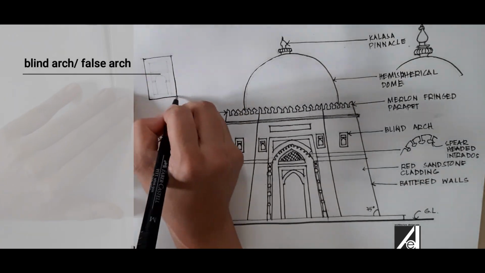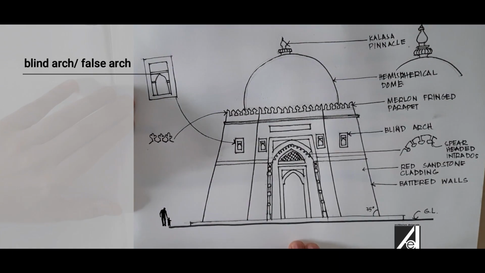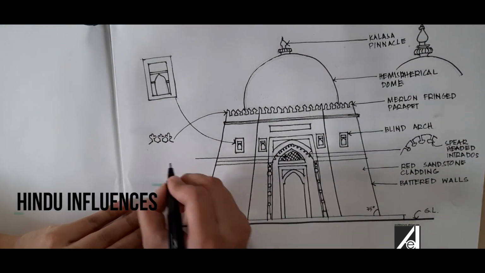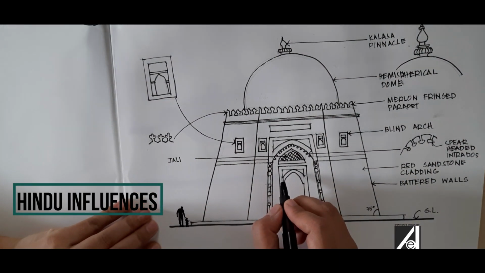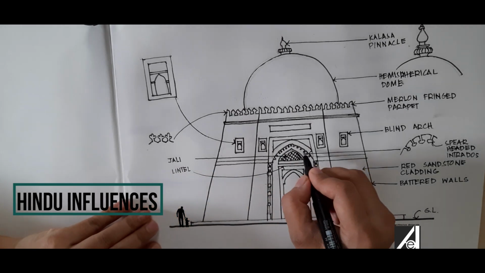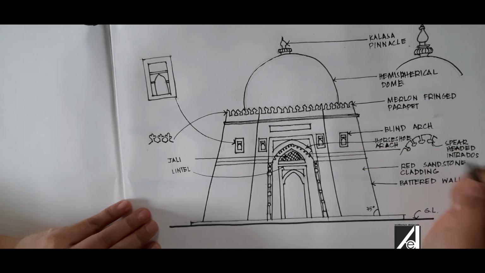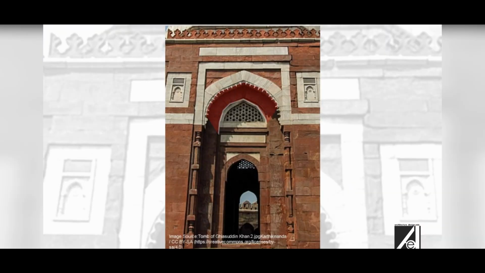One interesting fact which you can see here is that the true arch is used to span the openings, but in spite of using a true arch, the Indian builders added a stone lintel which structurally was not necessary. This architectural feature can be seen in Tughlaq architecture thereafter.